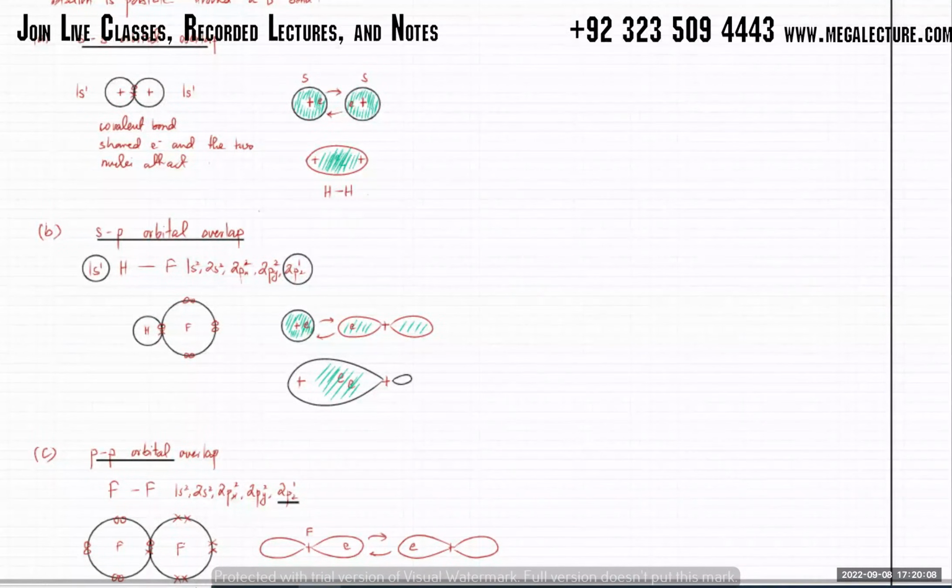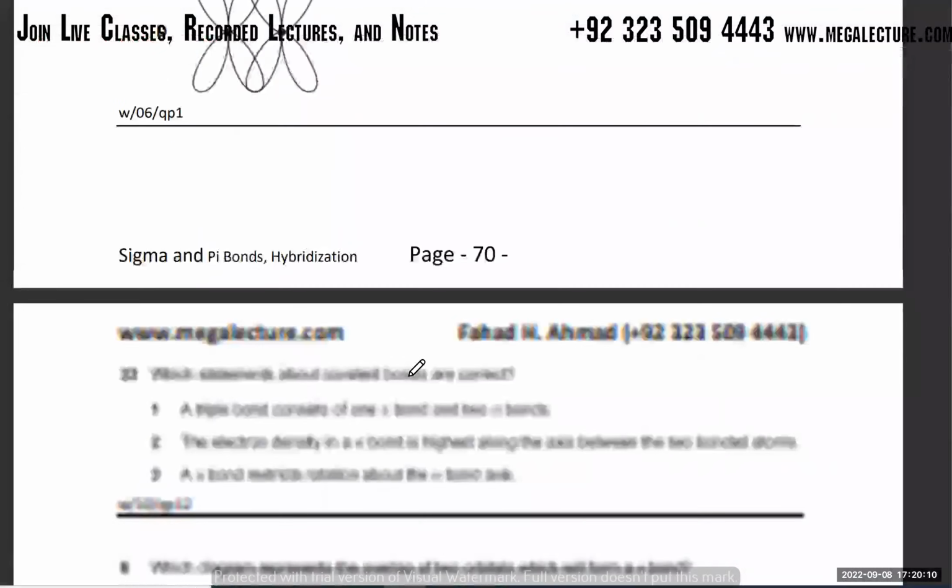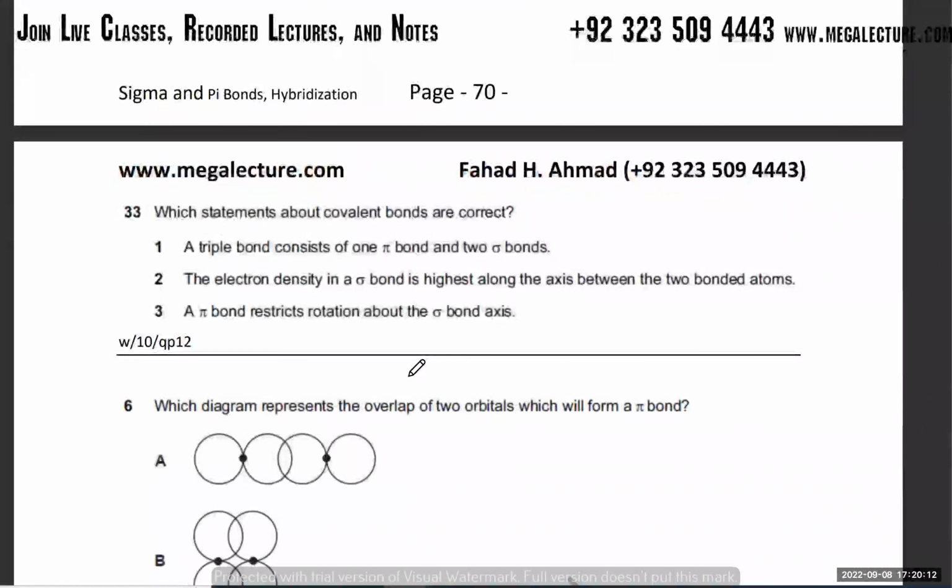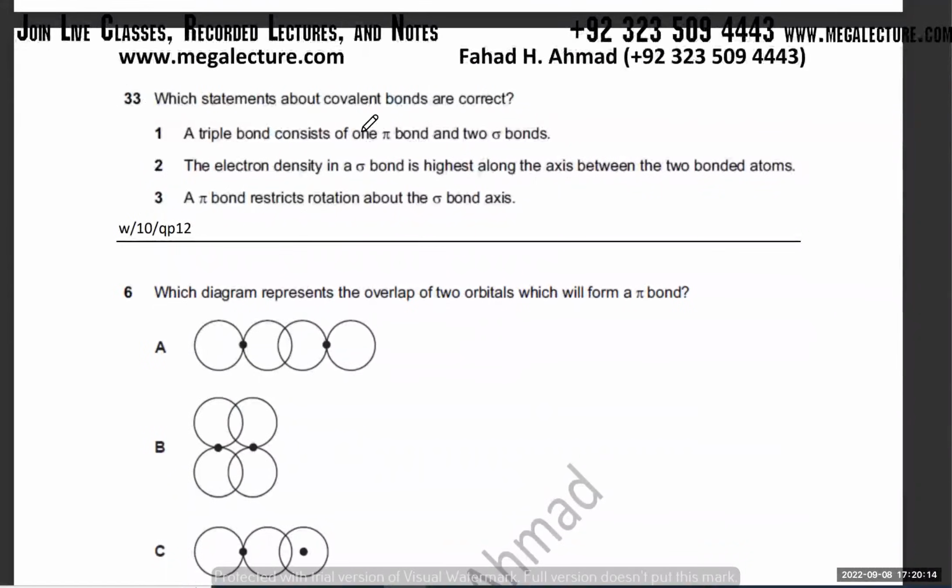अच्छा वापस इसमें आ जाते हैं. अच्छा ऑप्शन बी. Which statement about covalent bonds are correct? A triple bond consists of one pi bond and two sigma bonds. That's wrong क्योंकि a triple bond